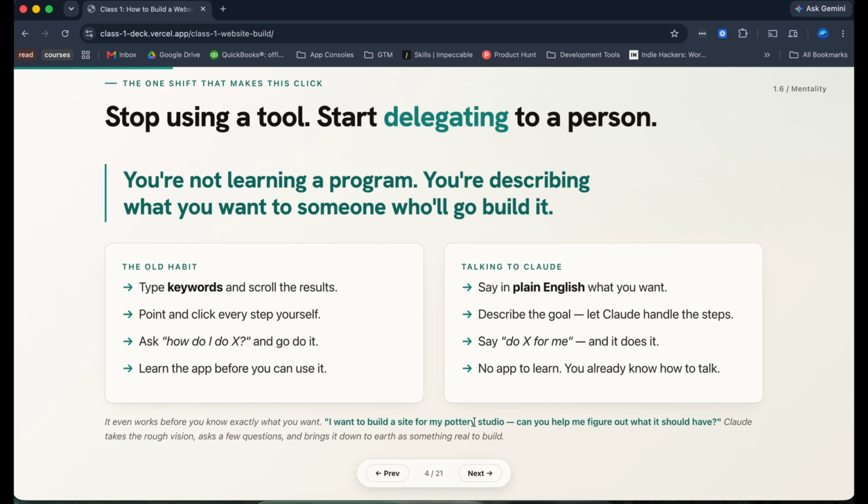Don't go back to this original way of thinking that we have of how do I do this, how do I learn the UI, and then going around and trying to research how to do something. Claude can explain it to you. You just ask the how do I question to Claude, and it'll either do it for you or it'll explain to you how to do it and walk you through it. And it's like sitting next to a person where you're both learning together. Claude taught me almost everything I know, so it's a great teacher and you should leverage it as such.